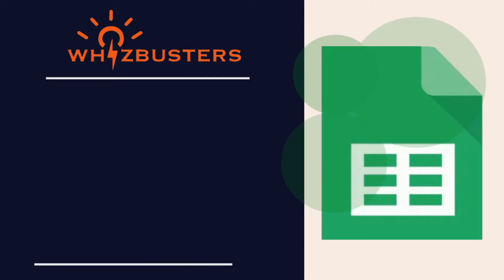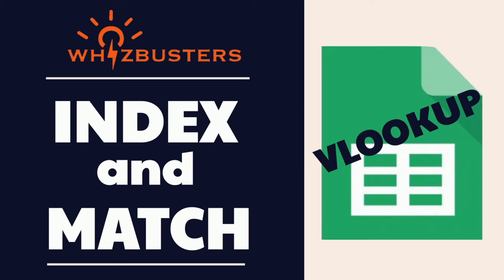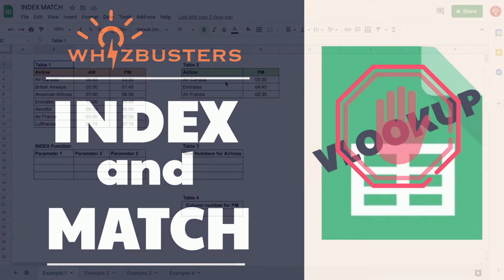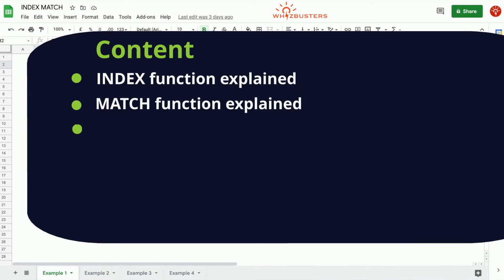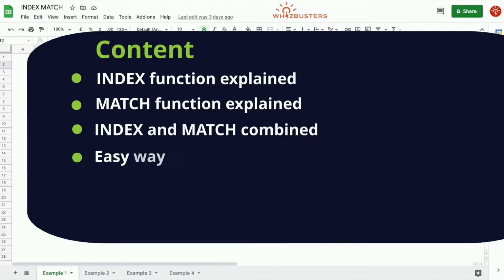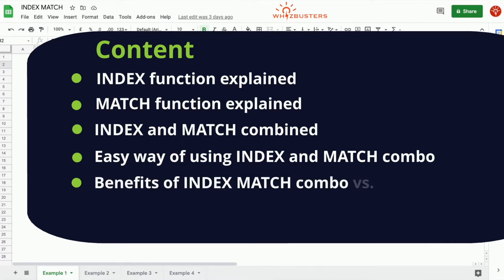I'm Emma and today I'm going to show you how to use the index and match functions together instead of using VLOOKUP. In this video, firstly I'll explain the index function, secondly the match function, then I'll put both index and match together, then I'll show you an example of an easy way of using the index and match combination now that you understand how to use match within the index function. Then I'll explain why we should use index and match compared to VLOOKUP, and finally point out errors to avoid